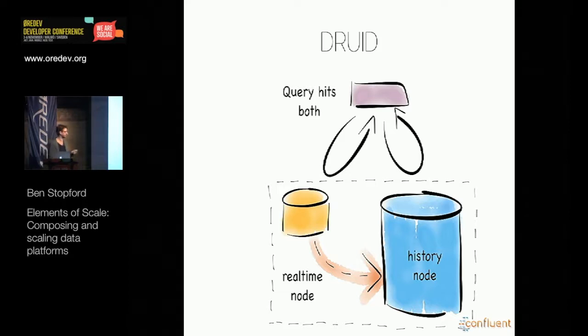So Druid's quite an interesting database. Anyone come across Druid? It's like an analytics engine. It's quite relatively new, and it does exactly this. It just provides an abstraction over the top. So you have a real-time node, and that real-time node is, not surprisingly, optimized for fast writes, and you have a history node. Data propagates from one to the other, and Druid simply, under the covers, queries both of those for you. It gives you a consistent view. And that's actually quite a nice way to scale a difficult problem.